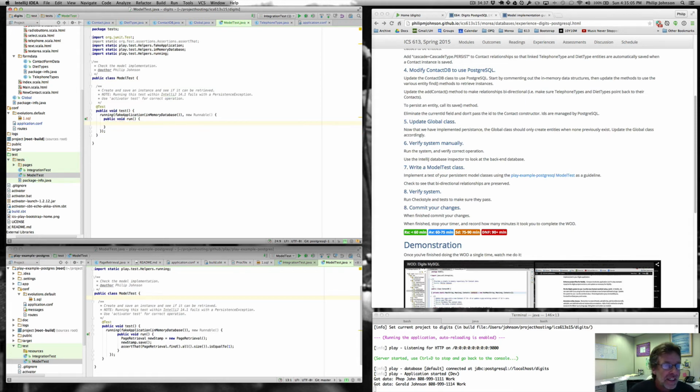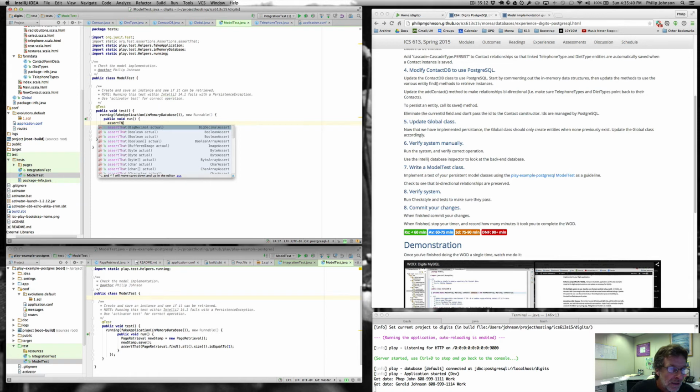So the idea here is that we're going to run a fake application with an in-memory database. So we're not actually going to connect to PostgreSQL. We're going to use this H2 database, which I say in our readings that we don't want to use in general, but except in the case of testing, it's okay. And the other thing to note is that I've just found that with 14.1, you can't run these kinds of model tests within IntelliJ. It's very irritating. They run just fine in the command shell, but not in IntelliJ. So just to get our feet wet, let's just write a real simple